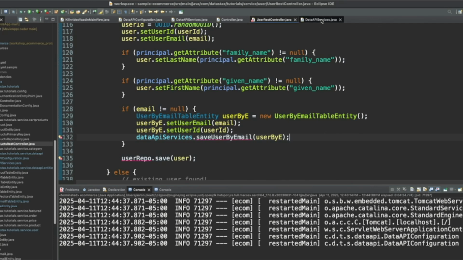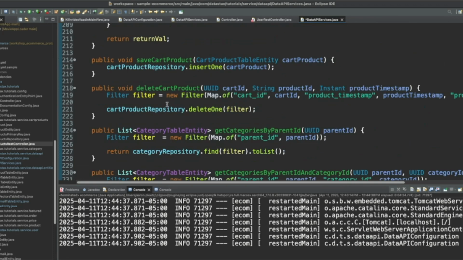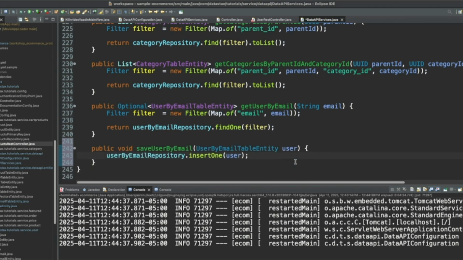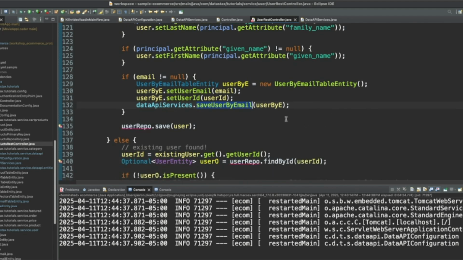There. Then we can go back to here and say, let's see, let's look at another save that we've done here. Yeah, just public void, it's the same thing we did for cart product. So let's go ahead and do that. So public void save user by email. There we go.